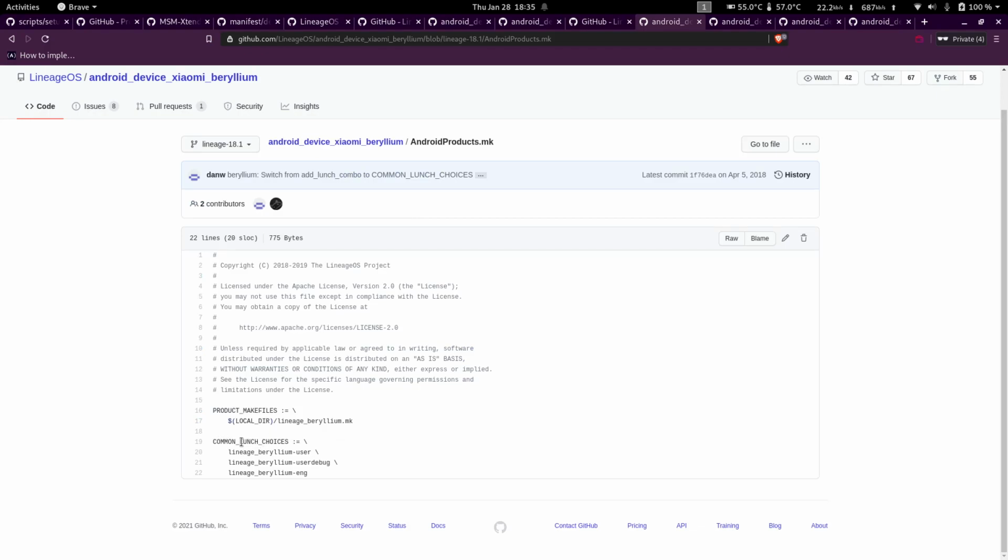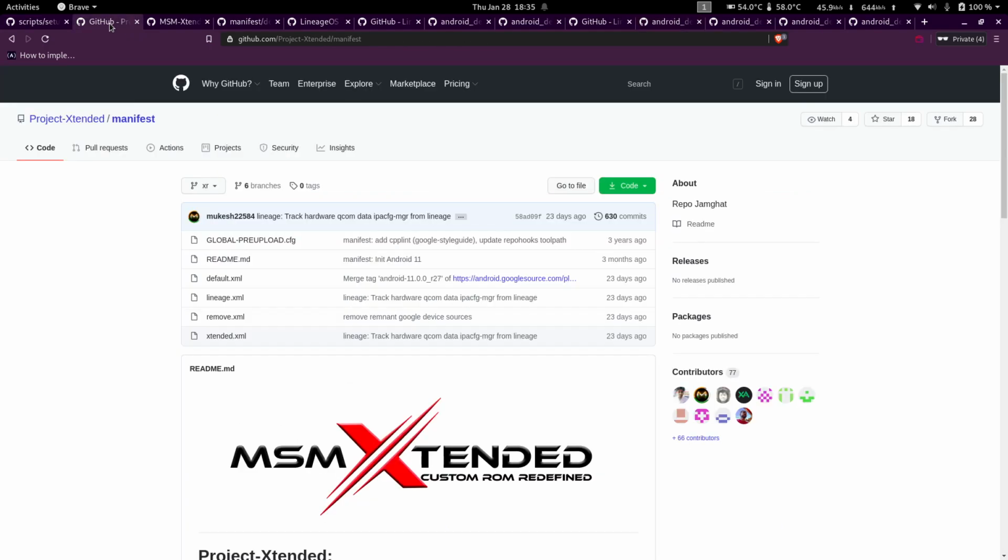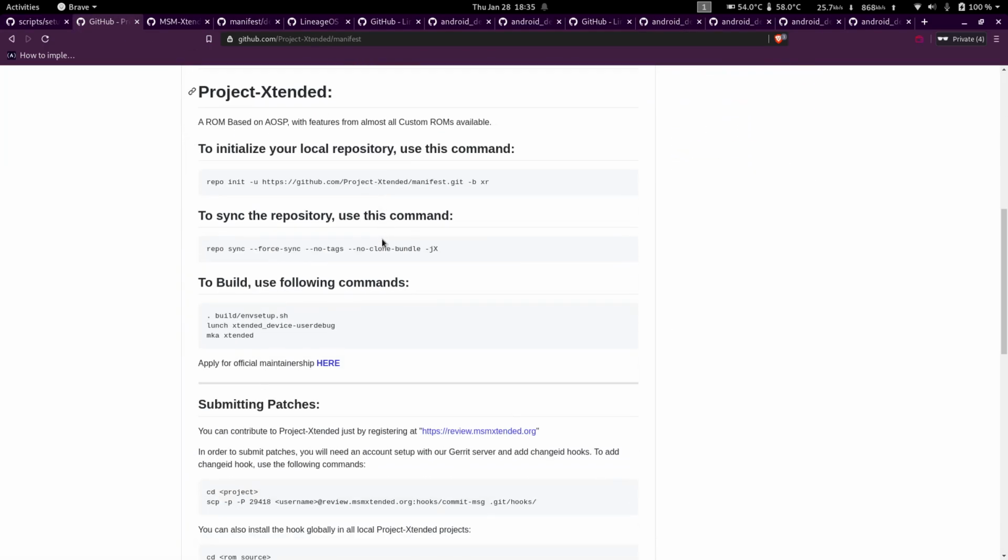So basically, to start compiling, you would have to launch the ROM name, or whatever name the ROM uses, underscore the device codename, followed by what kind of build you want it to be.